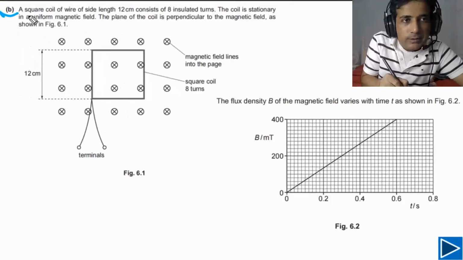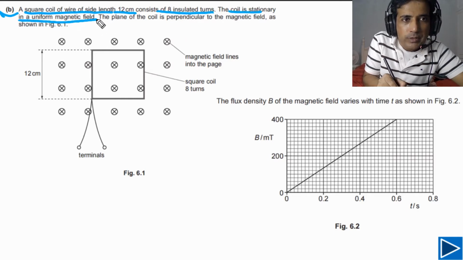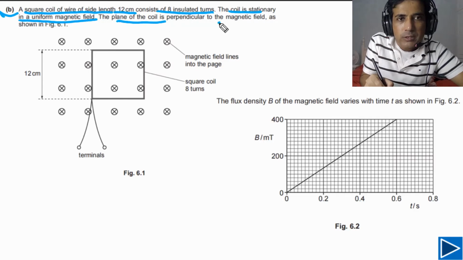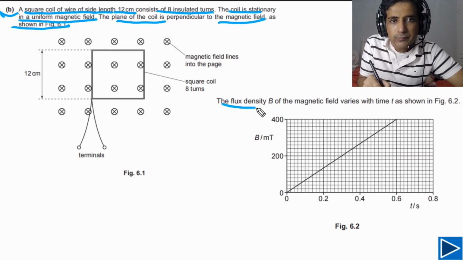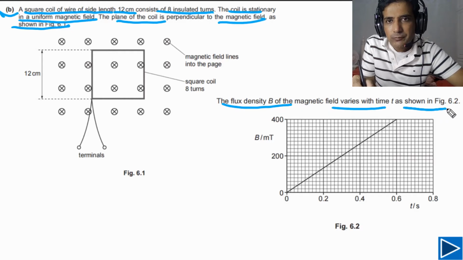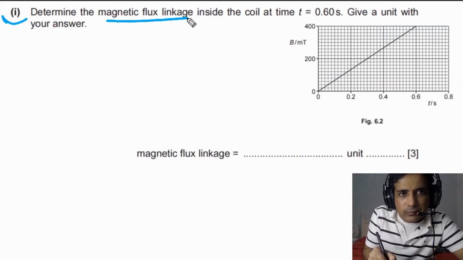For part B, we are given a square coil of wire of side length 12 centimeters consisting of 8 insulated turns. The coil is stationary in a uniform magnetic field. The plane of the coil is perpendicular to the magnetic field, as shown in figure 6.1. It is also given that the flux density of the magnetic field varies with time, as shown in figure 6.2. For part 1, we need to determine the magnetic flux linkage